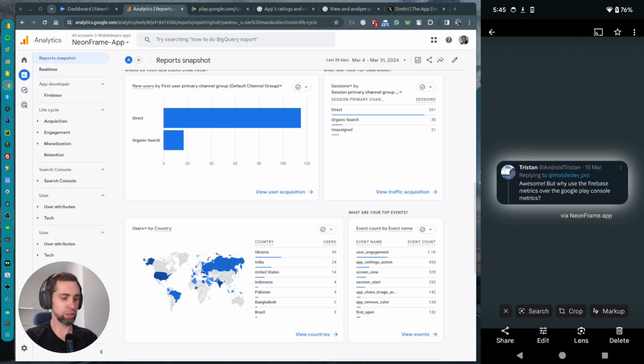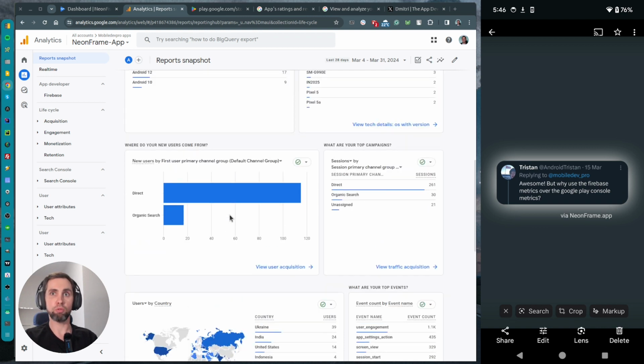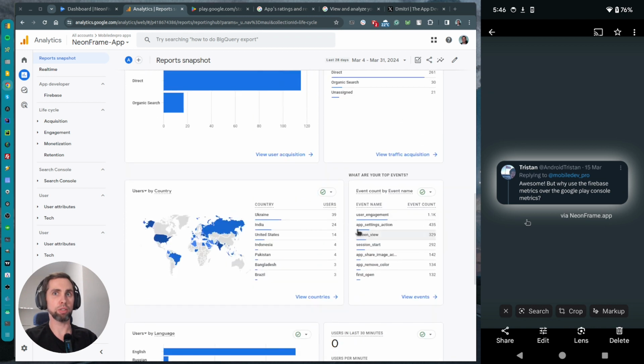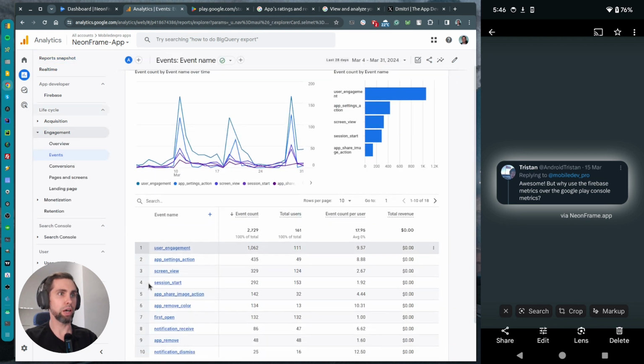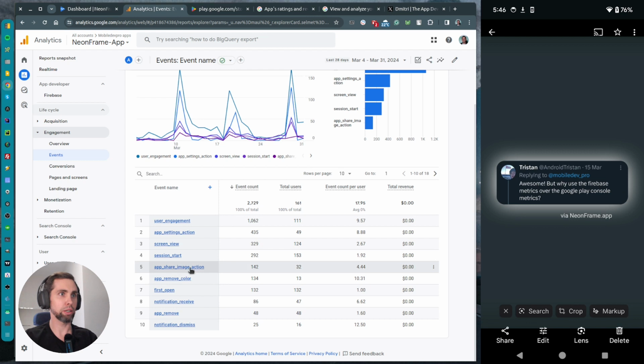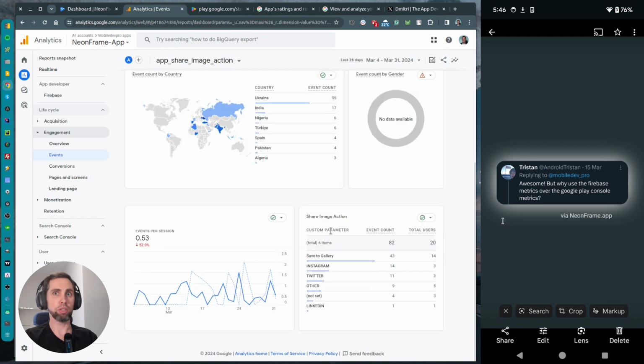And the last question: why use Firebase metrics over the Google Play console metrics? I prefer Firebase or Google Analytics because it displays more advanced analytics and much more data than Google Play Store. And the biggest pro for me, I can set up custom events in the app and track them here. Let me show. Here events, and here is my custom event to see which options